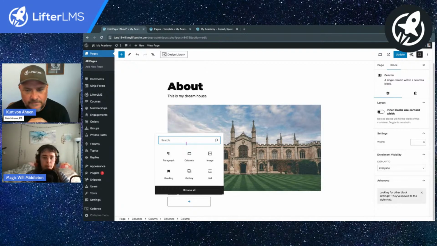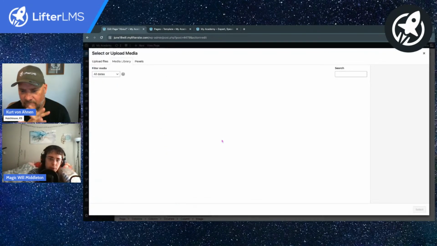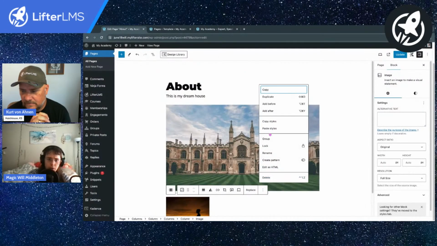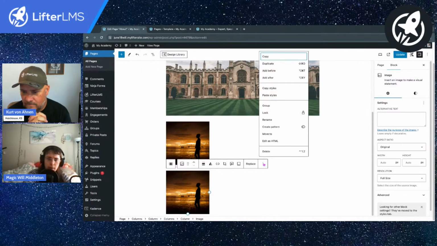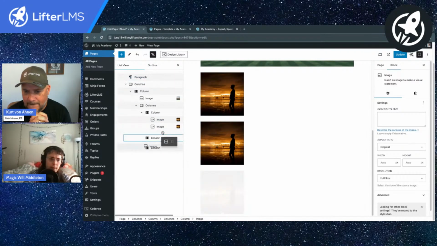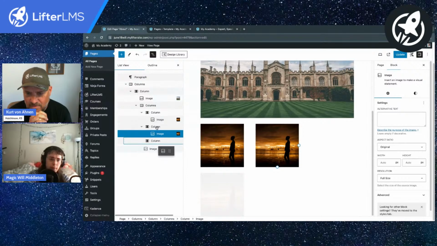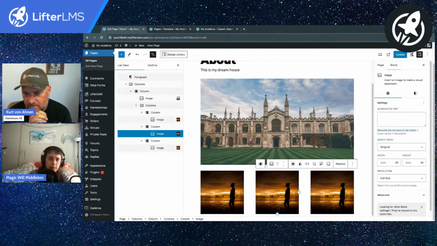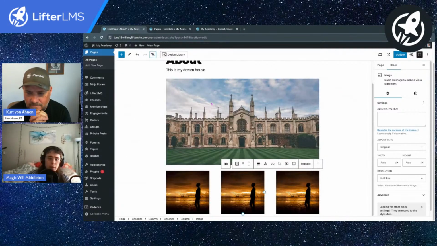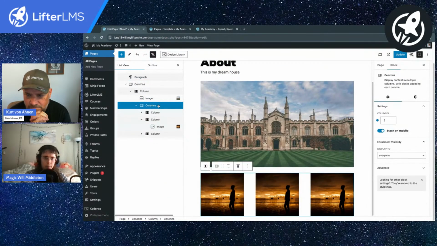So if we jump into a column or a gallery, I'm going to use images as placeholders because they're pretty visual. This picture, we're going to duplicate a couple times. And one thing I like to use in these full site editors is this document overview thing so that I can more easily see what's going on with my nested layout. It's like a column block with a few things within it. So this doesn't exactly have the best mobile options.